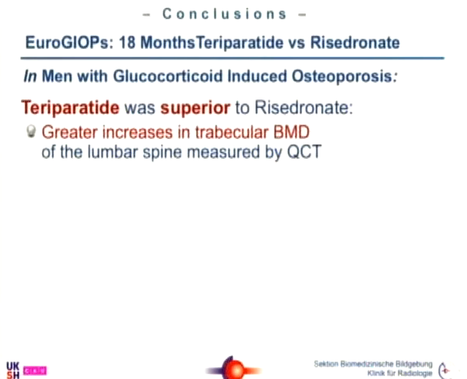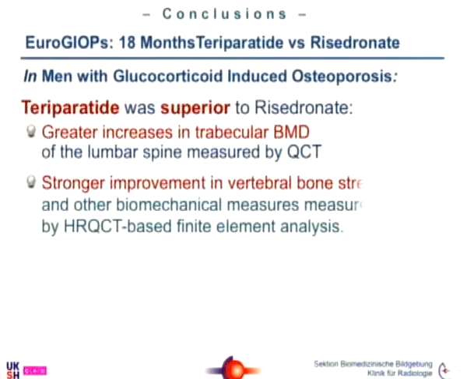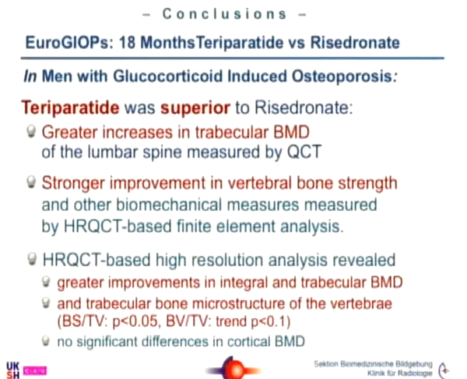In the primary endpoint, greater increases in trabecular BMD of the lumbar spine measured by QCT, stronger improvements in vertebral bone strength, and also other biomechanical measures based on high-resolution QCT. So the finite element was not done on QCT, but it was done on high-resolution QCT. And the analysis of the microstructure showed both with BMD and structural changes